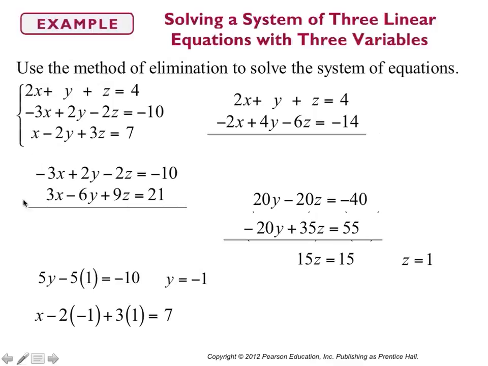So if we use this third equation, we have x minus 2 times -1, because that's our value for y, plus 3 times 1, because that's our value for z, equals 7. So we get x equals 2. So our solution is 2, -1, 1. It's written as x, y,